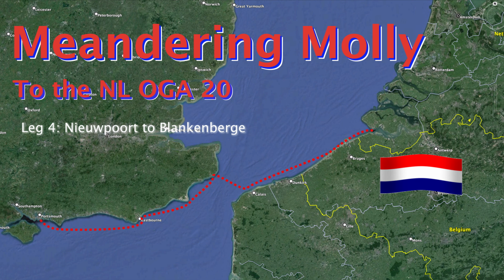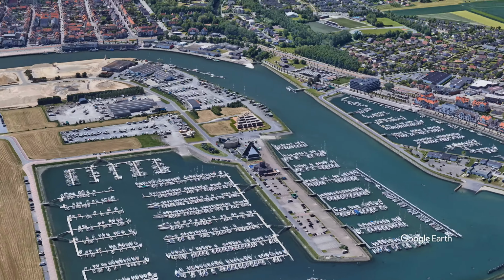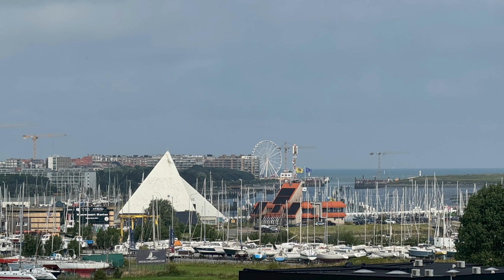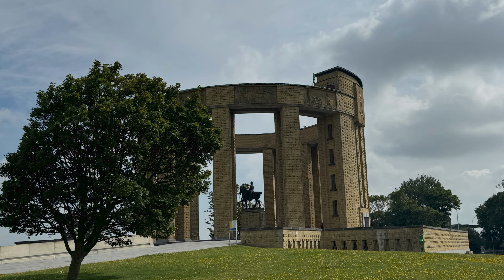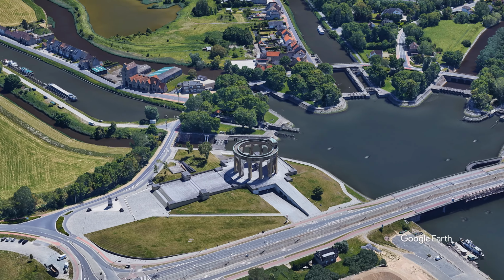Saturday found Molly, Puffinbach, Plum and Moon River at the Vlaamse Yachthaven in Nieuwpoort. We had a morning available to explore before moving on to Blankenberge with the afternoon tide. There's a modern seaside town at the river mouth, but we walked to the old town to visit the impressive West Front Museum. Nieuwpoort was totally destroyed during the Great War, and this museum has many artefacts from that time,